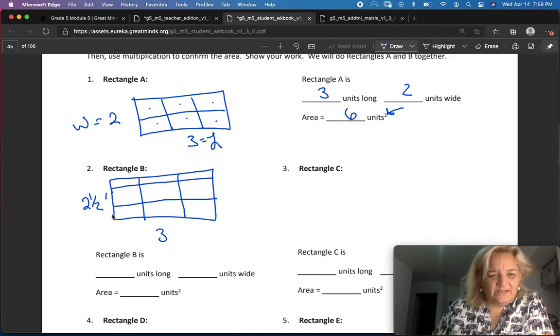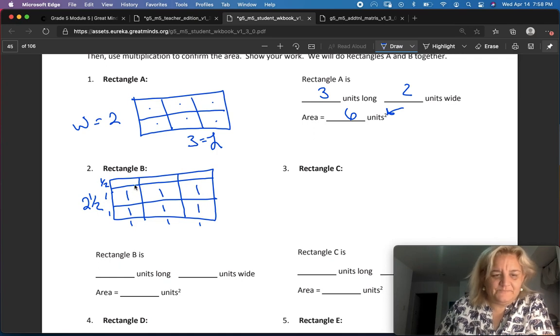So here's 1, and then this top one is a half, okay? So if this is 1, 1, 1, the length here is 1 and the width here is 1. So the area of this square is 1. This is 1 and this is 1, so that's 1. And that's the same for here and here and here and here. So I have 6